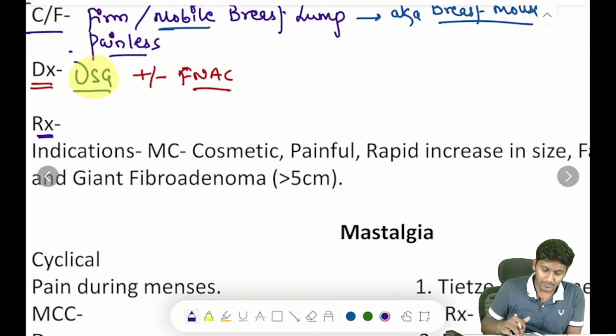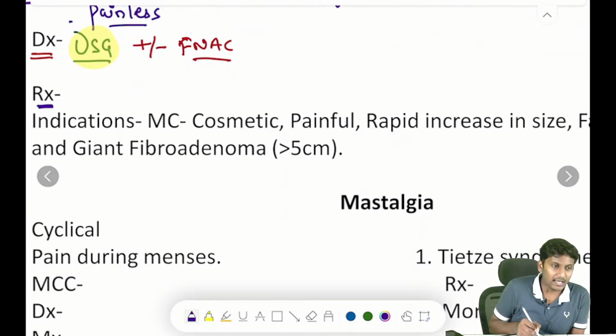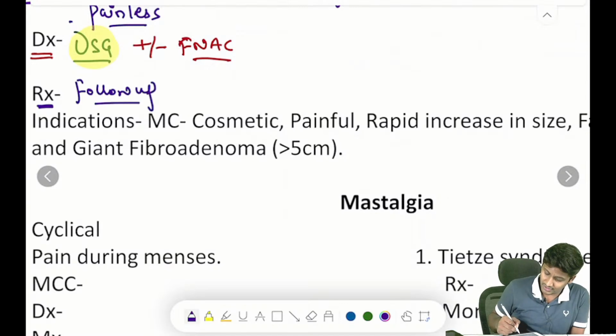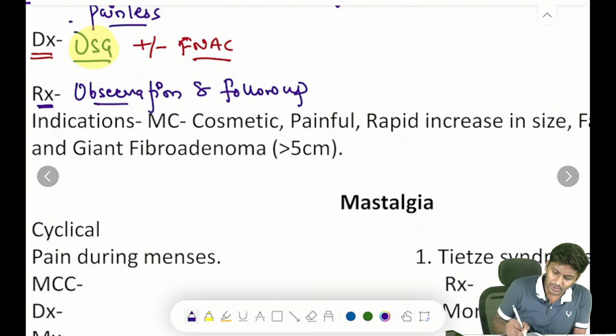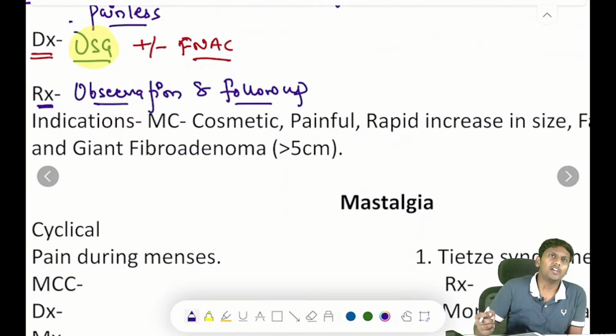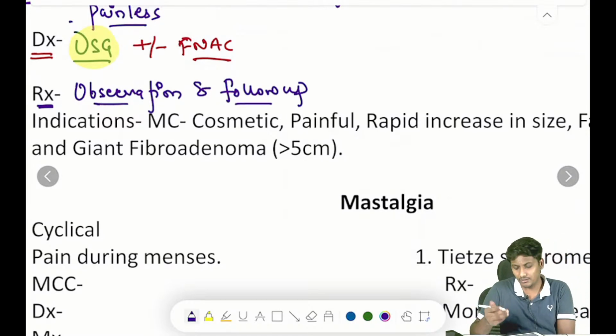to confirm or differentiate whether it is only a benign tumor or a cancer as well. Treatment, if I talk about it, as it is a case of a benign tumor, is nothing but observation and follow up. You have to observe the patient, and a close follow up should be done. If it is BIRADS 2, annual screening should be done, every year. If it is BIRADS 3,